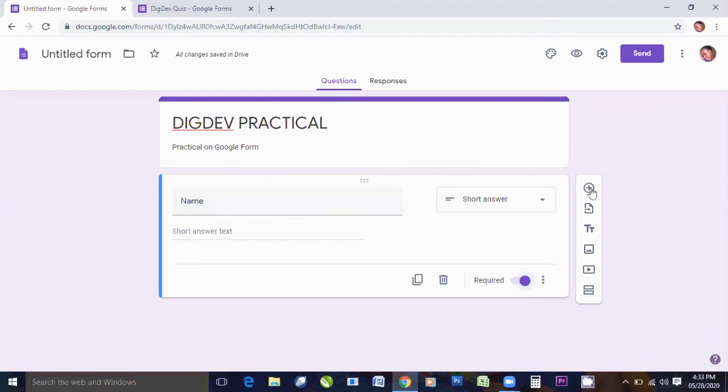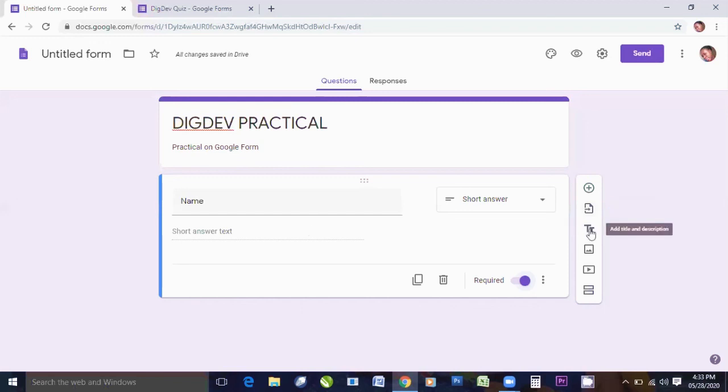Now, the next question, you come to this side. You can see this, the first one is add question. If you want to add the next question, you make use of this. Then this one is import question. Let's say you have the question in your system, and you cannot type it again because you have already typed it and saved it inside your system. Just click on import. Then it will take you to your system or storage. From there, you copy your question, then you bring it here. It will bring it here automatically.